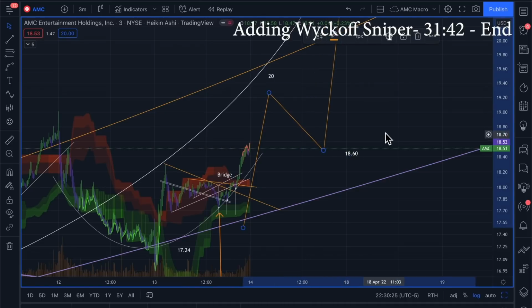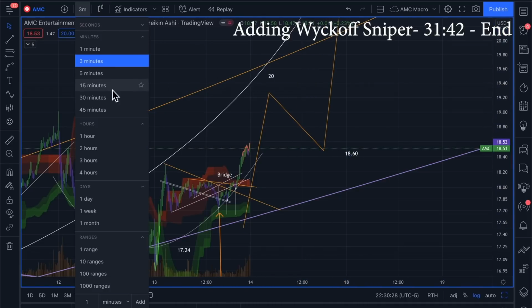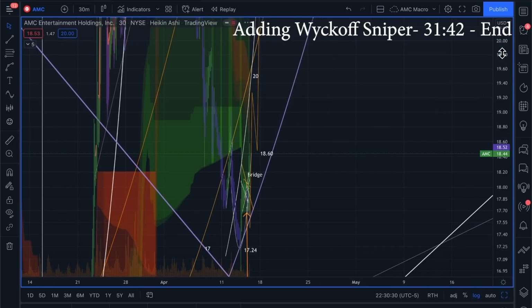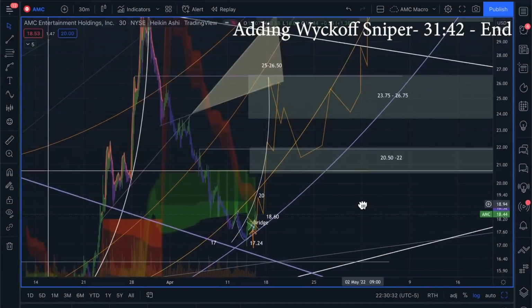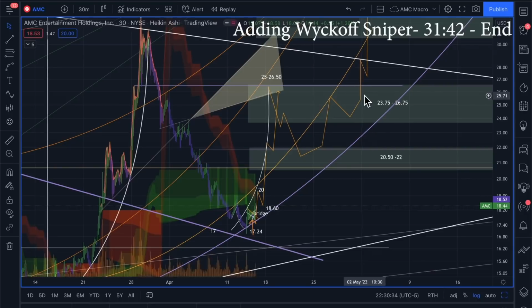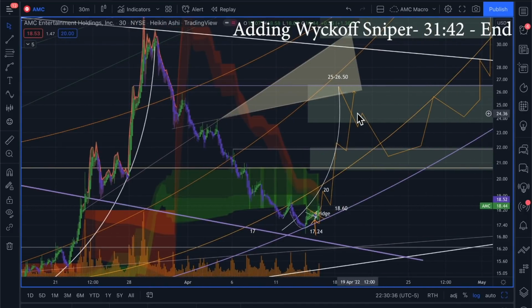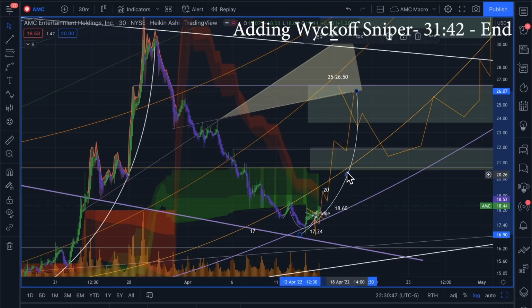This was something that I set up during the live stream. I'll end with that if you want to screenshot it or something. These are the ranges that I'm looking at after it runs. At this point, we're running out of time. So I really do think that if it starts moving, it's going to be pretty quick.